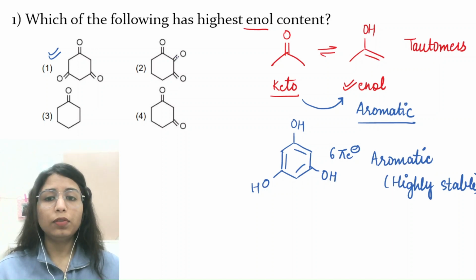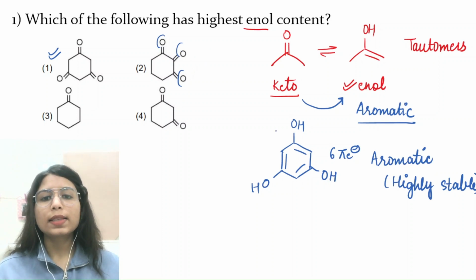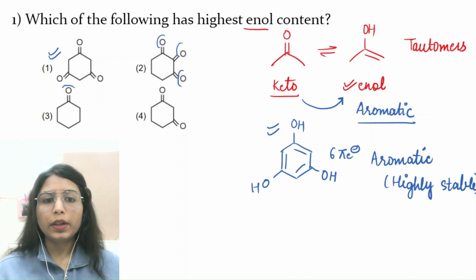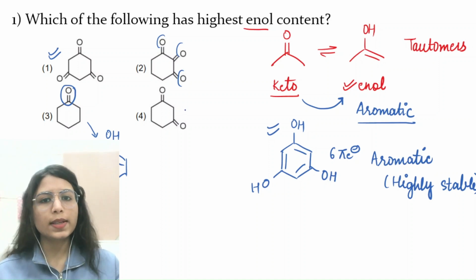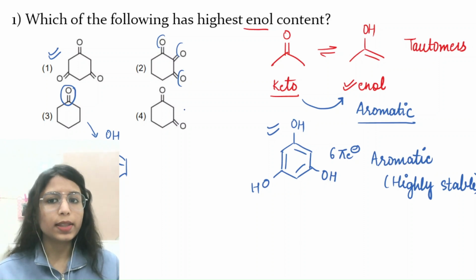But if I have to compare it with the others, here if you will see 3 OH would be existing here simultaneously, and this form would be relatively less stable as compared to this form, right? And if I talk about this form, if I convert it, it will look like this. So this is comparatively unstable as compared to this. So basically if you have to compare between keto and enol, keto forms are usually more stable as compared to enol form. This is related to the thermodynamic factors that you must have studied.